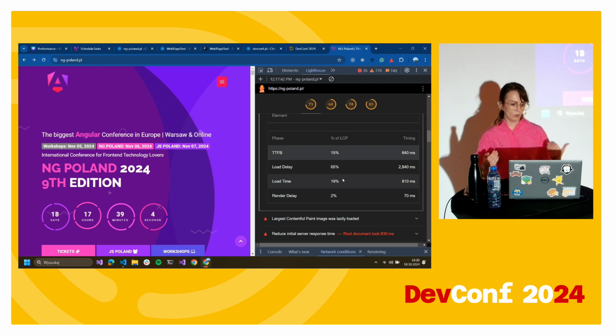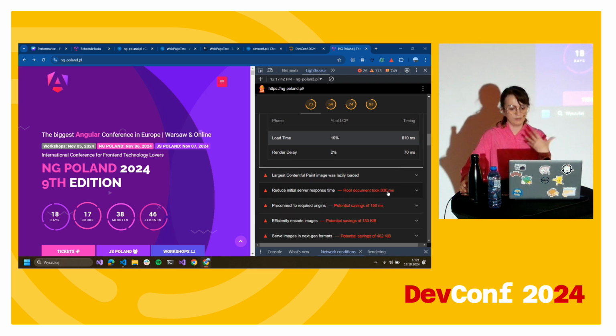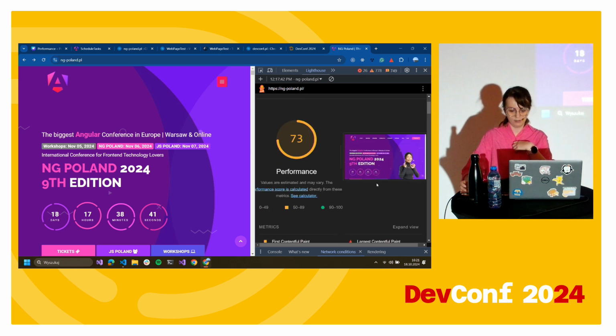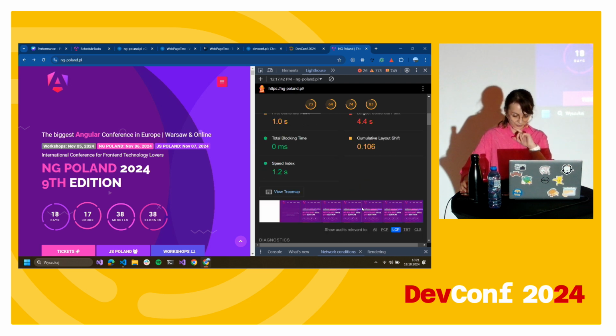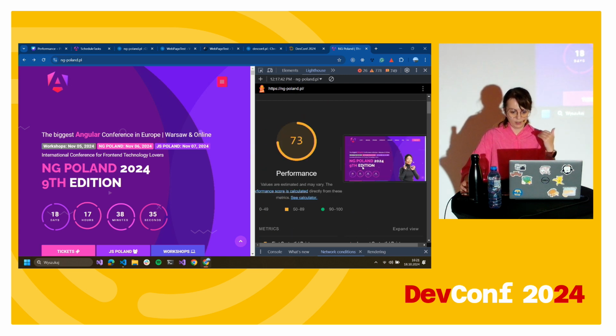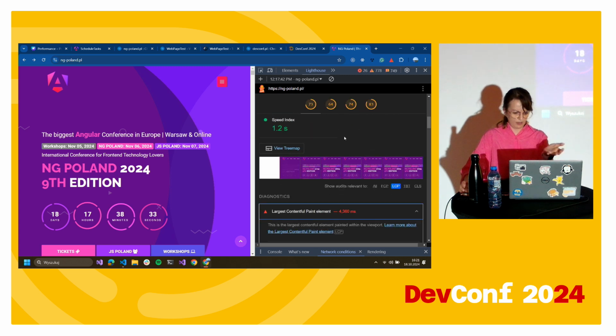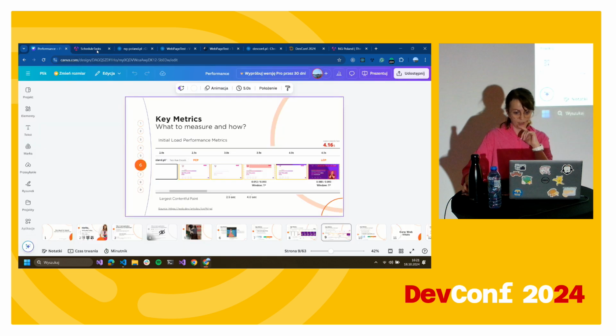So why was our image loaded so long? Because it was lazy loaded. So first, everything else was rendered, and then we lazy loaded our image. And this is the main cause of this high score here. Okay, so this is mainly everything for largest contentful paint, and we can move, maybe not here, but